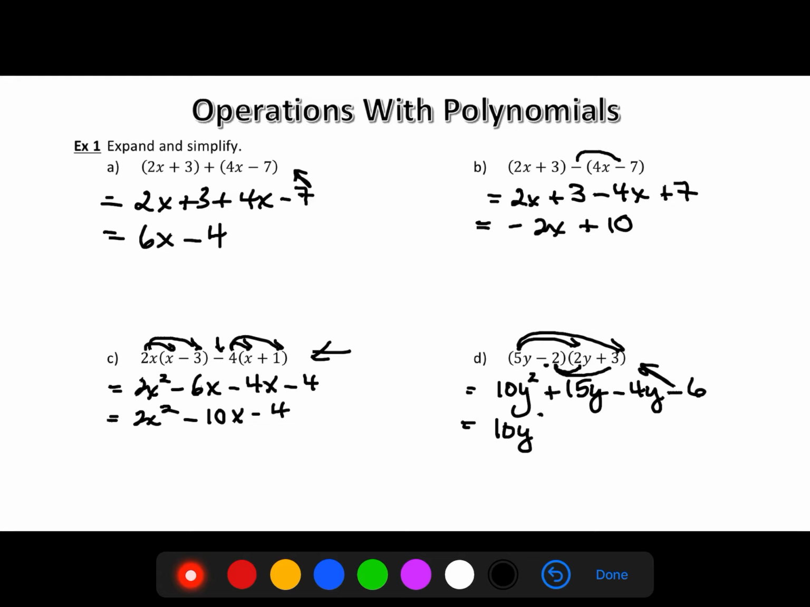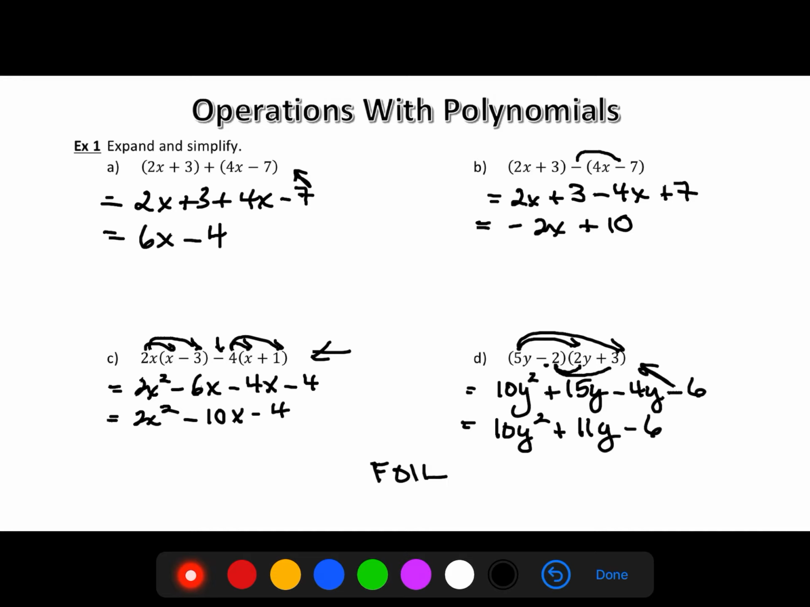Again, simplifying, we have 10y squared. 15y minus 4y gives us plus 11y, and we still have our minus 6 at the end. And that's our final answer there. Now, remember, this is also what we call